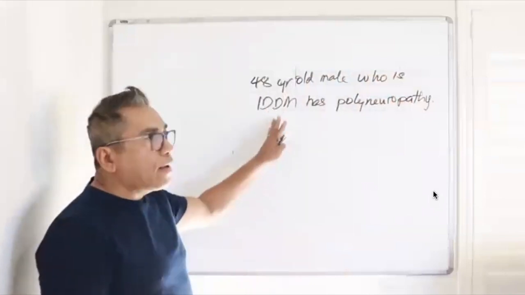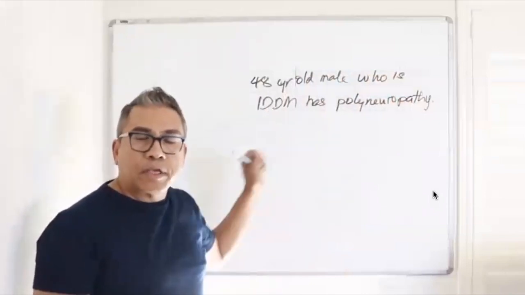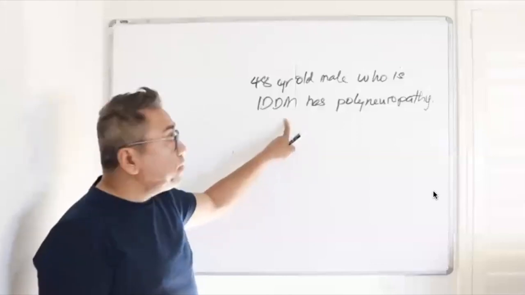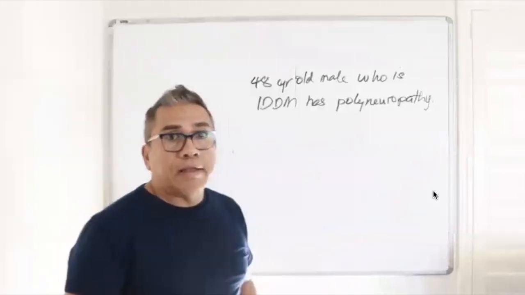Okay, so you have this scenario here, a 48-year-old patient, diabetic, IDDM, insulin dependent, and at the same time has